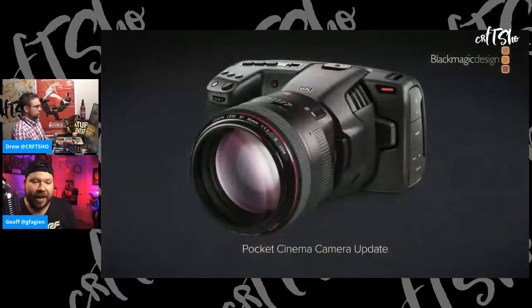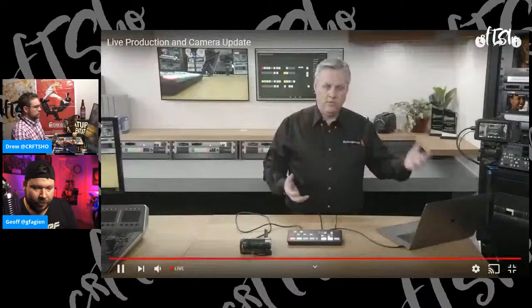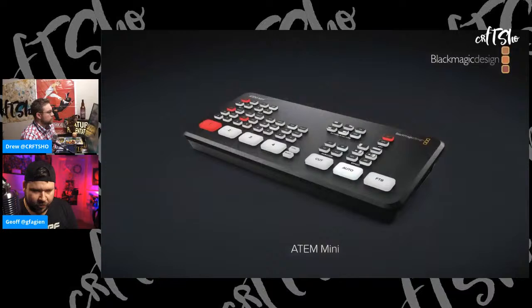Let's talk about this real quick because Jeff, you've done live streaming off of it. It's a very simple solution. You've been doing it off of a Pocket 4K, right? And just like Grant said, he's totally correct. I've had to basically use a LUT as the preview LUT. Let's pop this on. And it works with all the Blackmagic Pocket Cinema Camera 4K and the 6K models. There's also a software update for the ATEM Mini to do camera control. I guess we missed it. Now there's no. I think it was just an update on